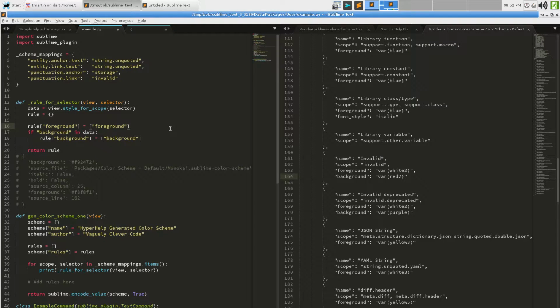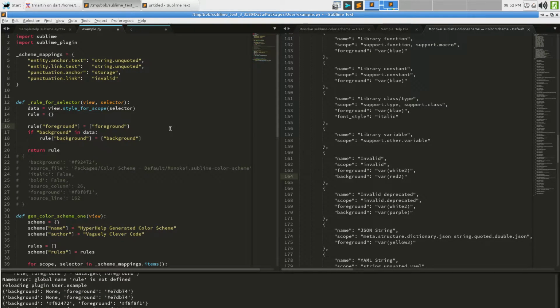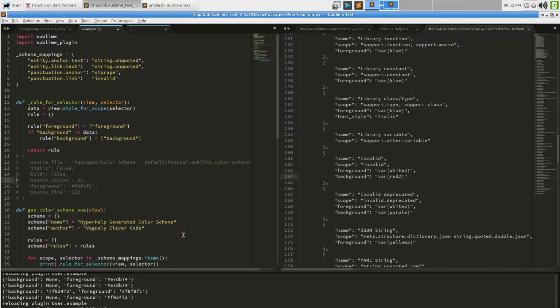Even if you call this for a scope that doesn't exist, if I said view.style for scope, blah, blah, blah, I still get an answer. What I end up with is some color, probably the text color if I had to guess, but it doesn't have a background, but it always has a foreground color. If there's a background color, get the background color, return it. So that's taking care of this field. That's taking care of this field.